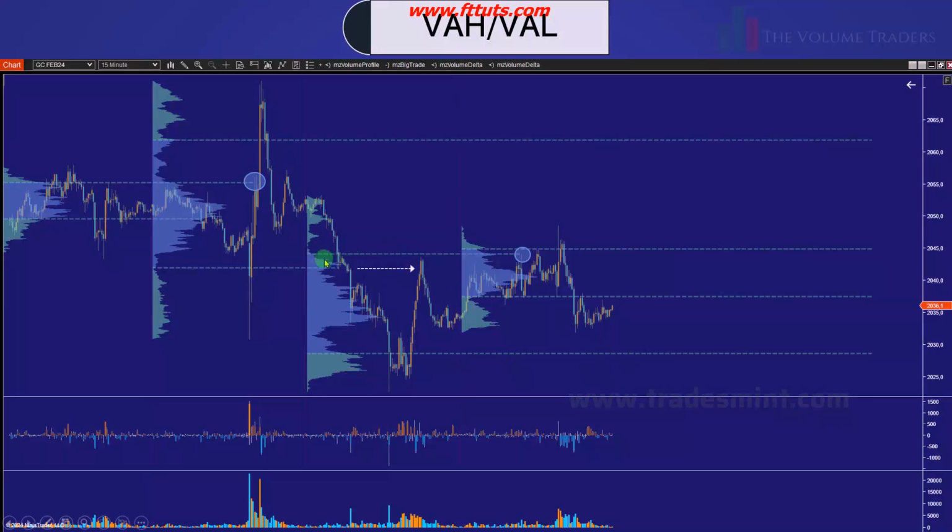So the highest row in the value area represents the value area high, so VAH. And the lowest row, here and here, this is the value area low. As I said, these are key levels, but honestly, I mark them but I don't use them all the time, because usually I'm trading the first part of the session, where the price is usually still in the value area, and I'm just aiming for